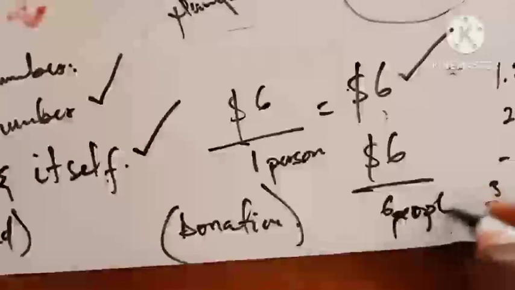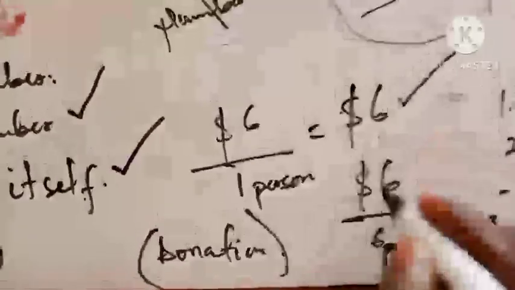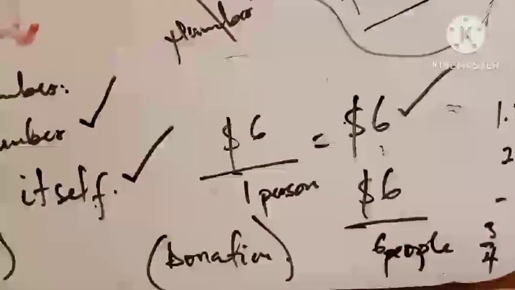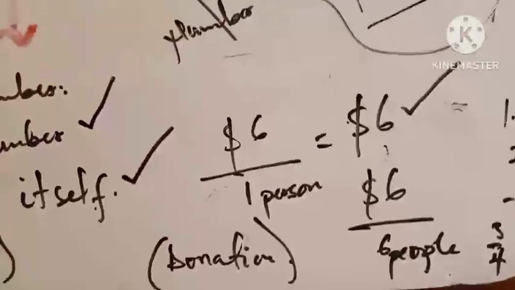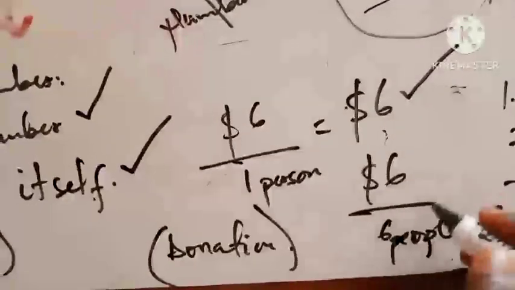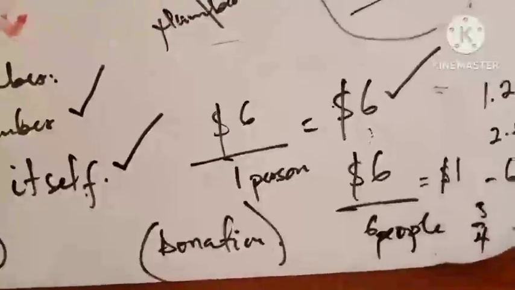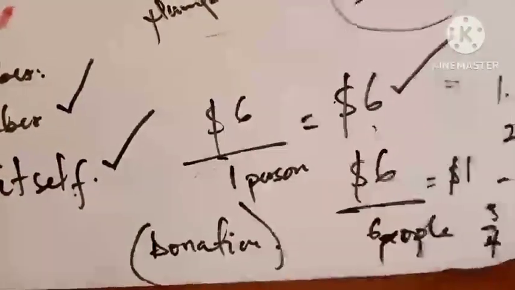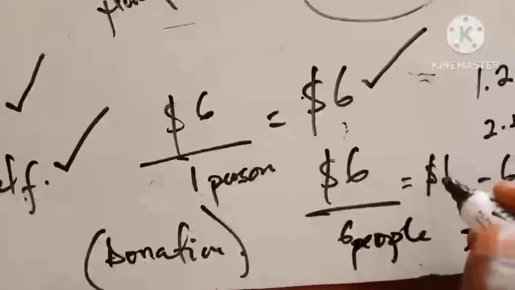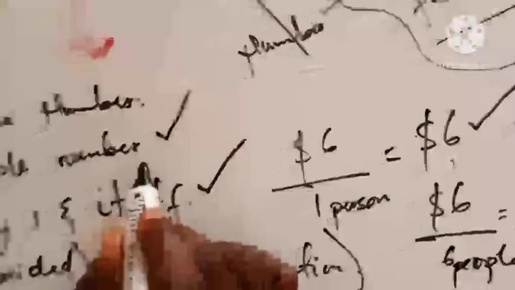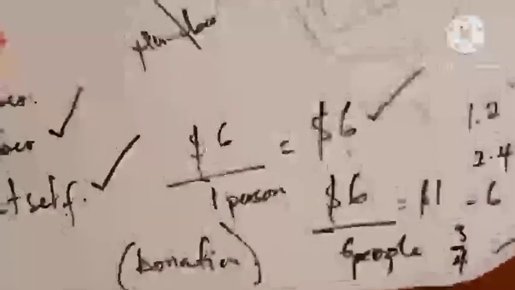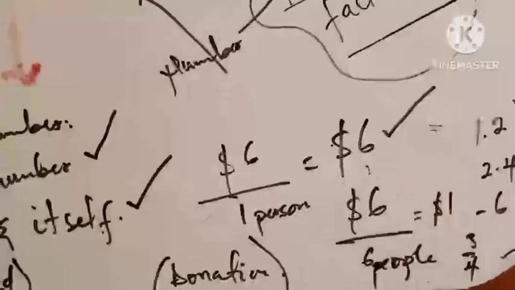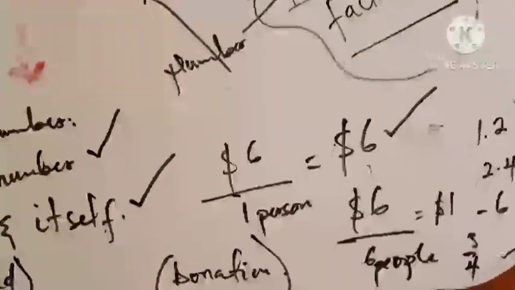For sure, if I'm going to divide this $6, I want to donate this to maybe some children, or anybody that you want to give this to. So obviously, if I'm going to share this among 6 people, each person is just going to take $1. Does it make sense? Yeah. So what would be the answer? The answer that I'm having here is just $1, right? So 1 is a whole number. For sure, it is a whole number. Is that okay? It is a whole number because it doesn't have any negative sign, decimal point or fraction and so on and so forth. So these are the two things that we are calling